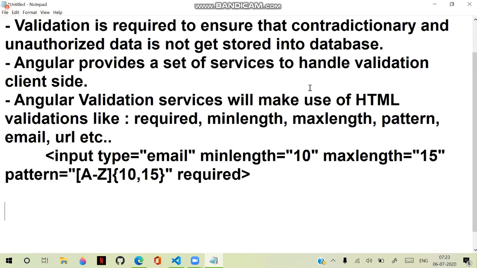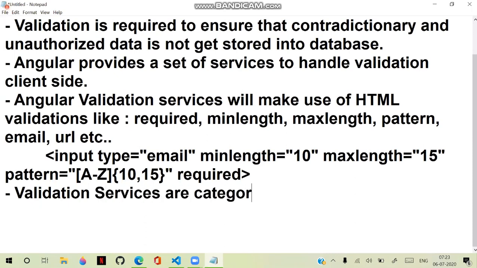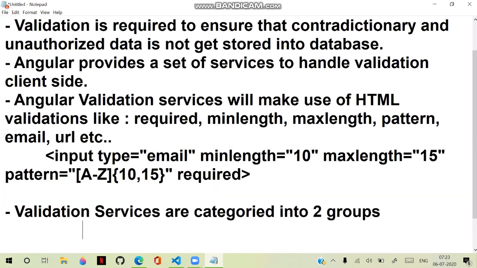So Angular has a set of validation services. By using them, you can verify whether the input value is valid or not. And validation services are categorized into two groups. One is form